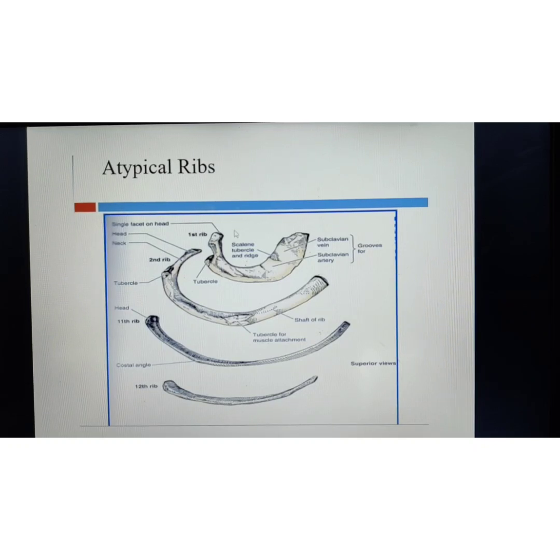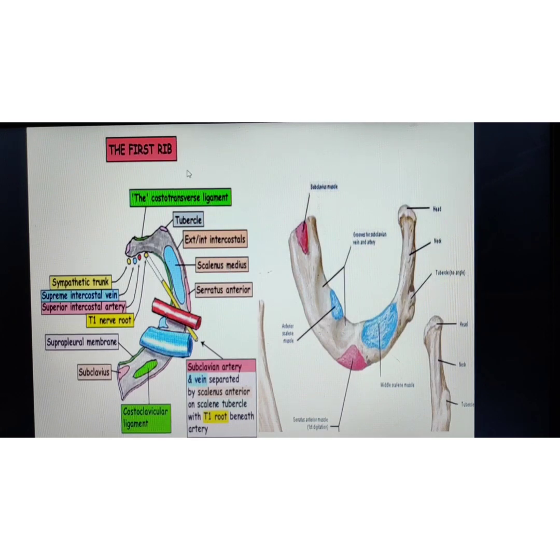Let us discuss atypical ribs. First rib, second rib, 11th rib and 12th rib. They are considered atypical ribs because they have some peculiar features. So coming to the first rib,